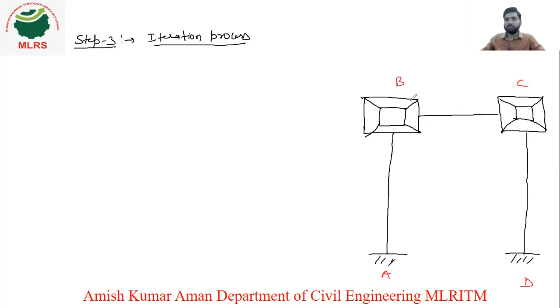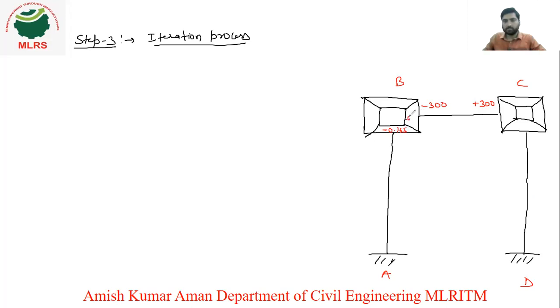your D. So for the BC member, the fixed end moment was minus 300, for the CB member it was plus 300, right? Distribution factor, sorry, rotation factor for BA is whatever we got. We will write the rotation factors here. So for the BA member, we got the rotation factor as minus 0.165. So here minus 0.165. For the BC member, we got minus 0.335.